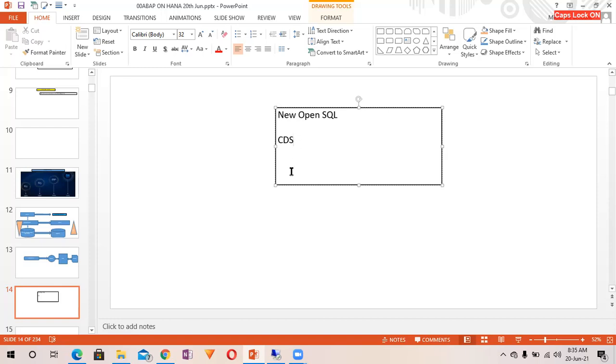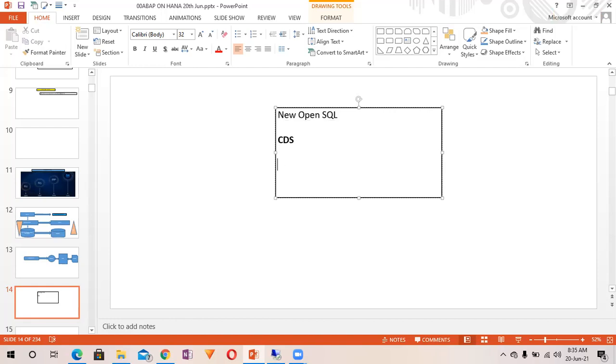Not only that, you can also use it in embedded analytics, right? So we can say that there is so much reusability for one CDS. That's why this is very, very powerful. But suppose you don't have to reuse anything, then in that case, new OpenSQL is the better choice. If you have to write code directly at the application server layer, then this is the better choice. You are supposed to go with this. But if you have more reusability, go with the CDS.